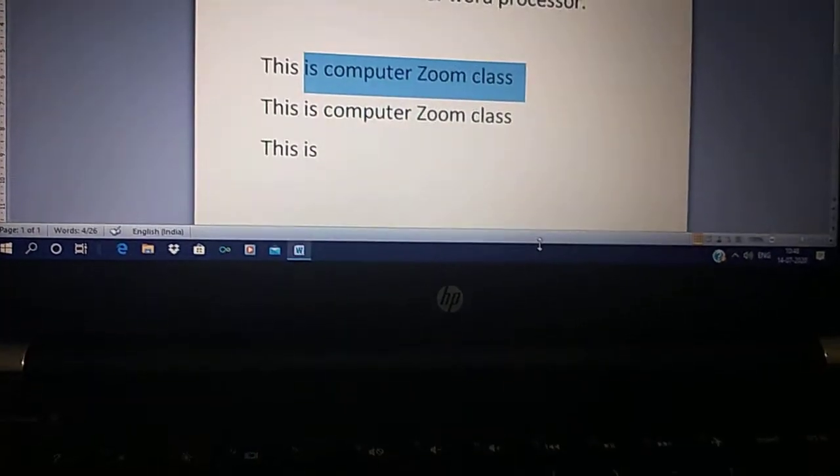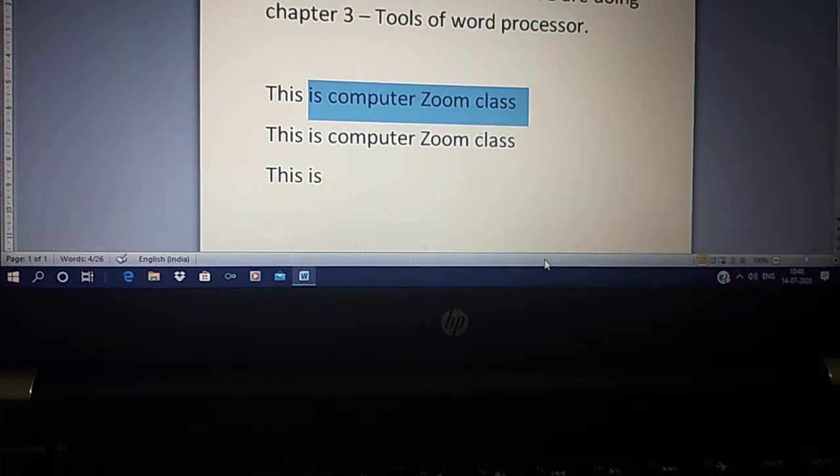Now for overtype mode and insert mode, this is your status bar. Right click on your status bar. Here you have